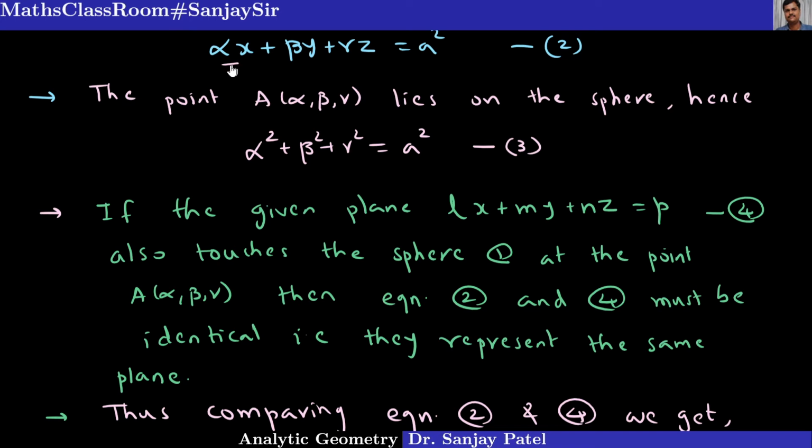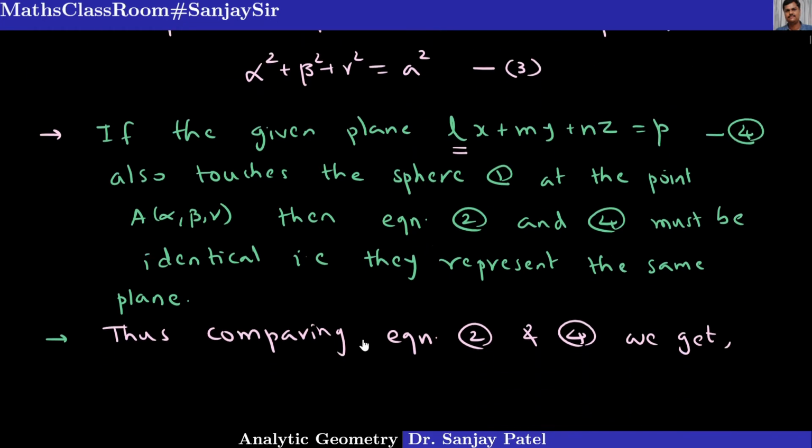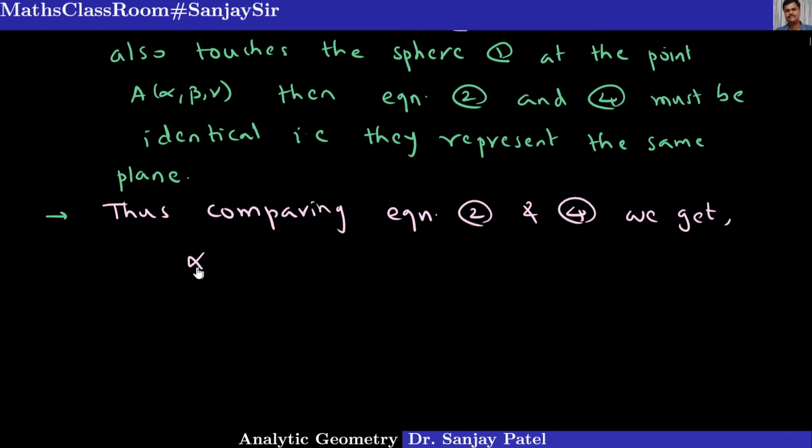So this coefficient of x, and here the coefficient of x is L. So the ratio of the corresponding coefficients must be the same, that is alpha upon L is equal to beta upon m is equal to gamma upon n, and also the constant terms we can compare. So what you will get is alpha upon L is equal to beta upon m is equal to gamma upon n is equal to, the right